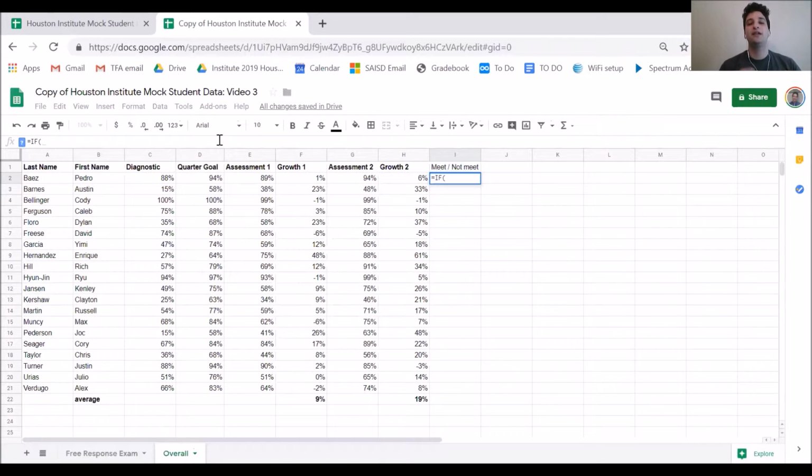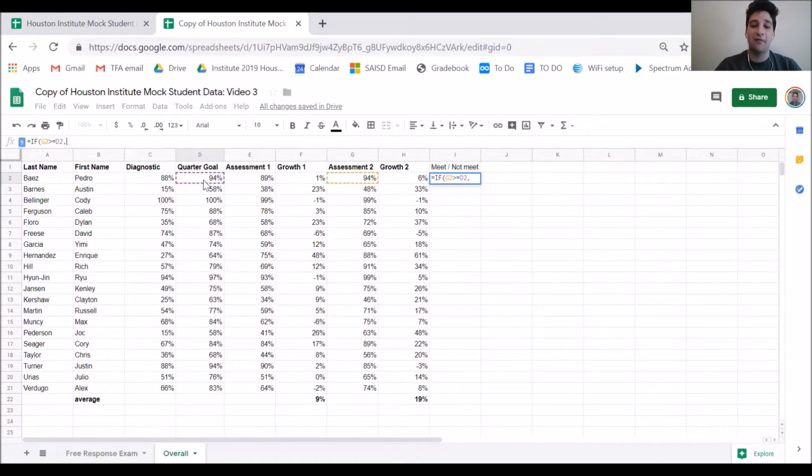And then we're going to give Google Sheets a condition. If their assessment 2 score, so for Pedro Baez, highlight G2, is greater than or equal to their quarter goal. If that's the case,